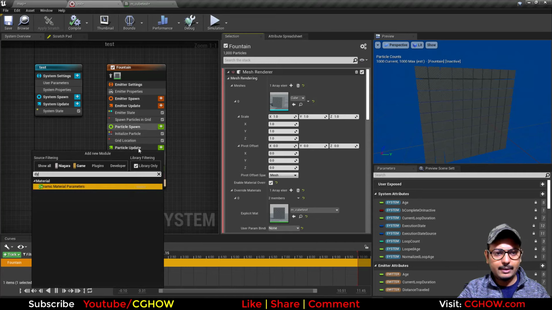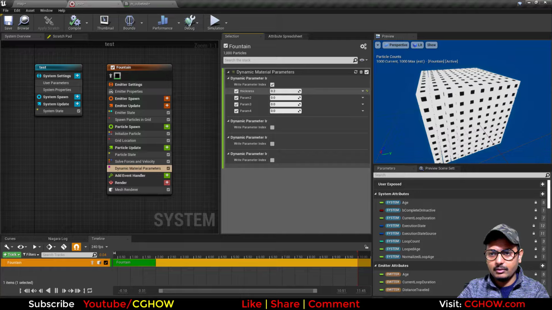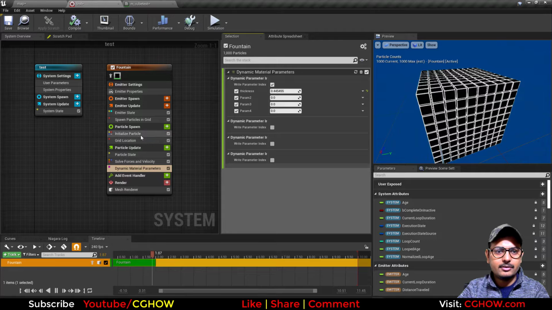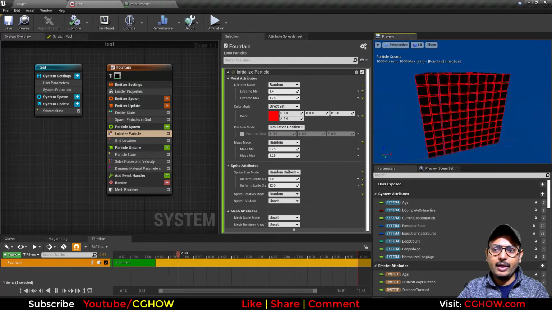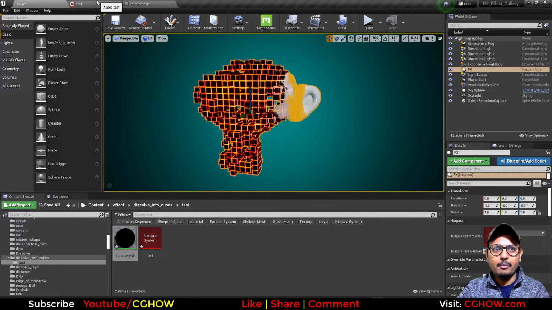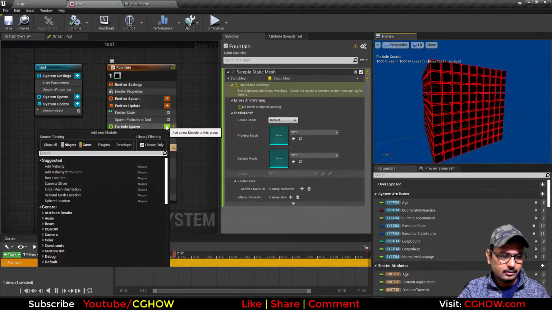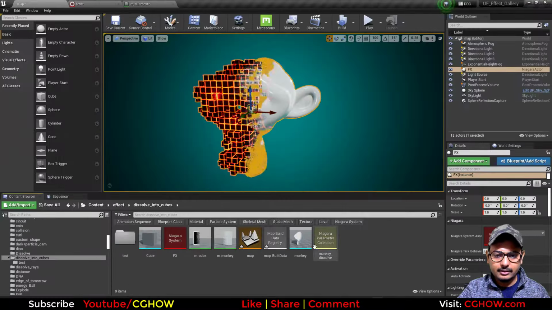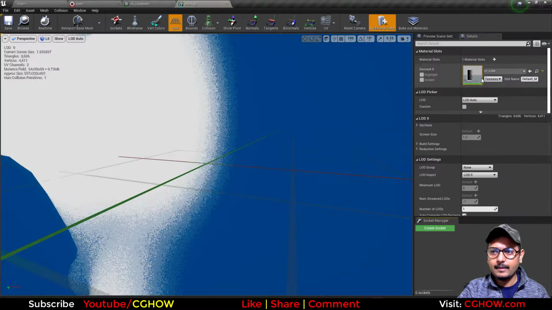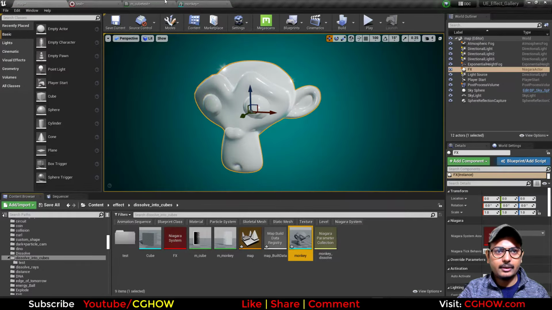And take a dynamic parameter. So you can now increase this, so it will be just edges, and you can make it any color. So like we have red, we have this grid like we have here, but if you take the static mesh location and use that monkey head, let me remove this material. So I have this monkey head. So if I use this monkey head here,